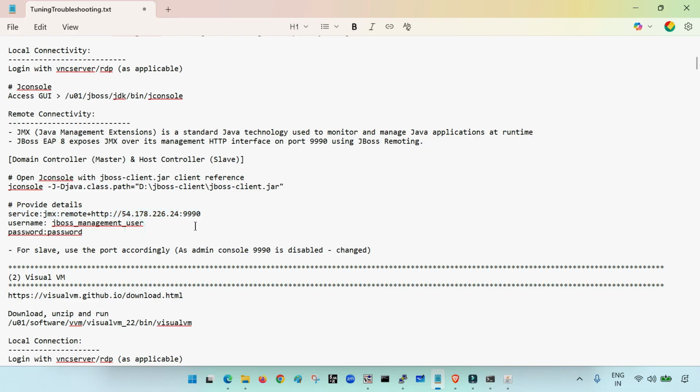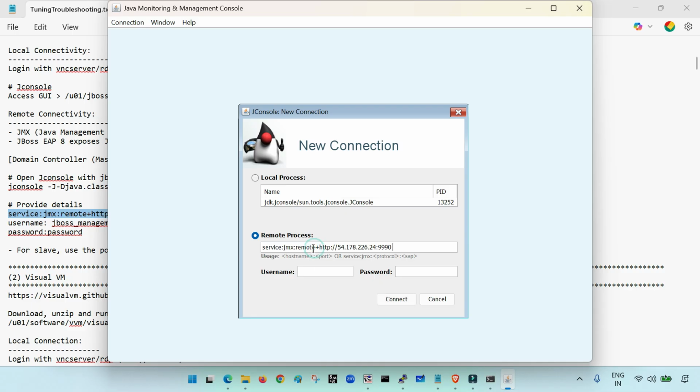Okay, so by default, as I said, in JBoss 8 onwards, you have a JMX connectivity by default on the port 9990, which is the host controller, or you can say the domain controller port. Okay, so you can take this command, or you can say the complete syntax, and you need to specify it inside your remote process here. Okay, and here you have to specify your JBoss username and password, whatever you use to log into your JBoss instance. So in my case, it is JBoss and JBoss123,